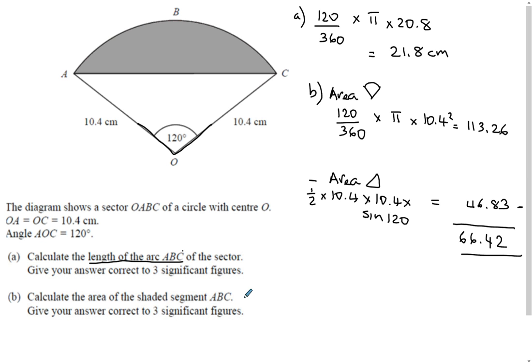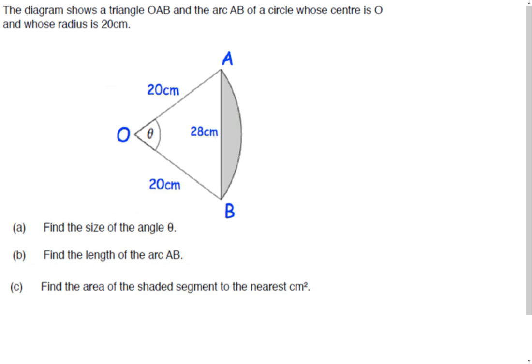So the area of the shaded segment ABC to three significant figures would be 66.4 centimeters squared. That was quite manageable, wasn't it? It's all about practice. As long as you're practicing a few of these questions,